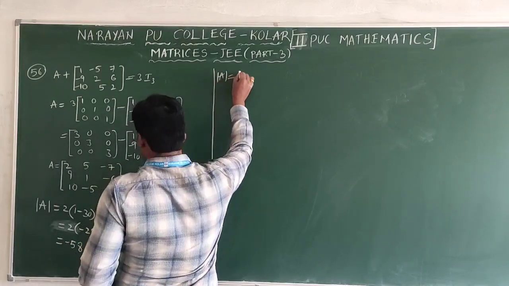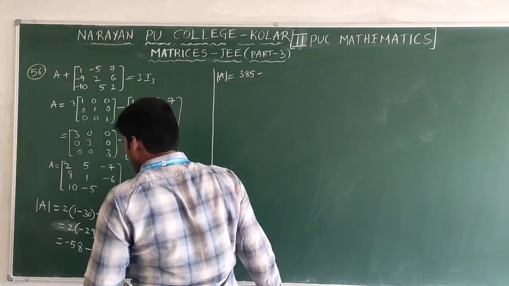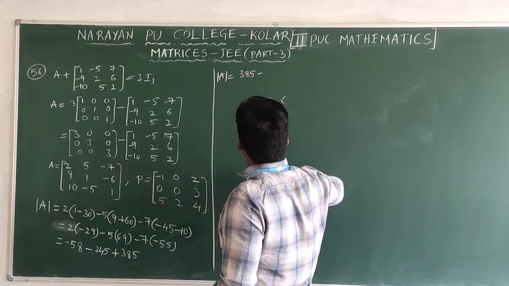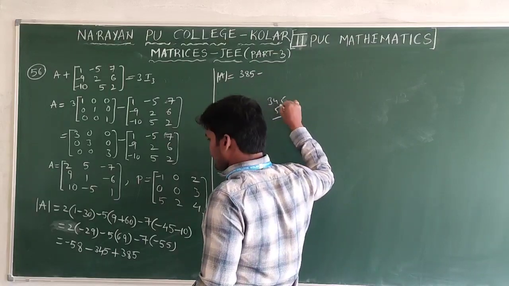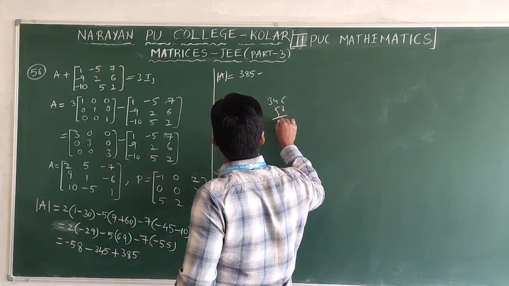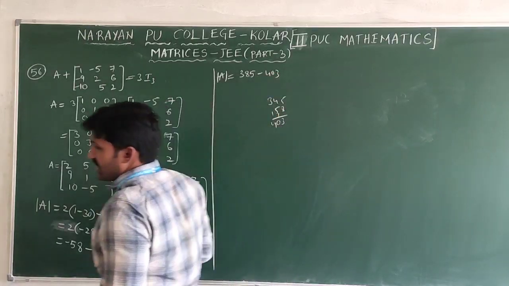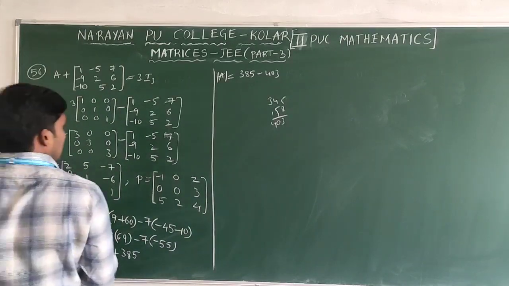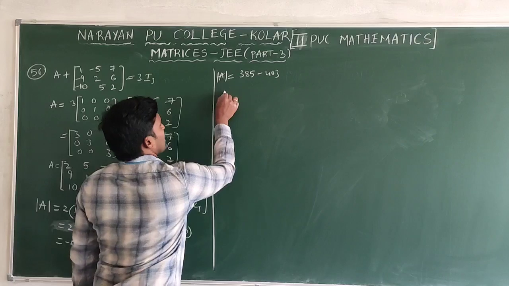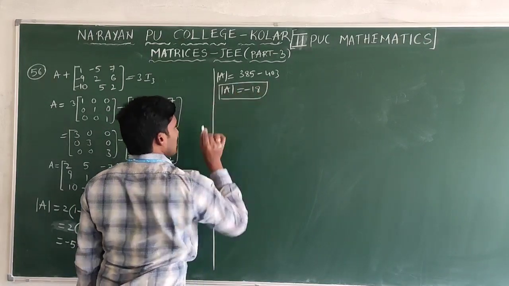Now from this, if we simplify, det A value, the positive value, how much is there? 385 minus negative 345 plus 58. 58 means how much will we get here in this case? Simplify. What will we get? 403. If you subtract these two, how much will you get? It's clearly minus 18. Okay. Now det A is clearly minus 18. Det A value we got.